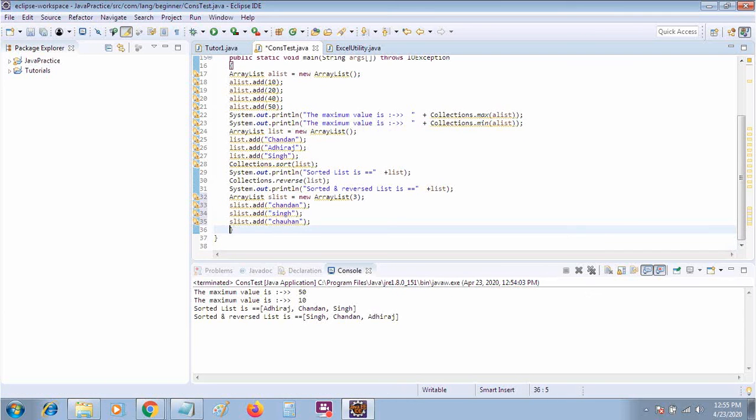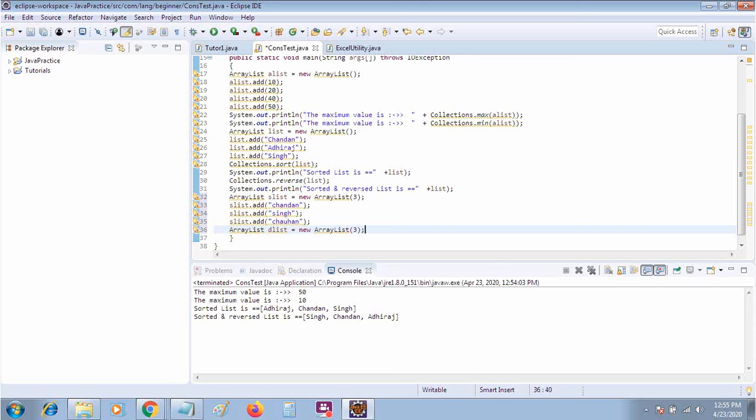Let's create the second array list, ArrayList, and say destinationList is equal to new ArrayList. Again I am keeping the size at 3.